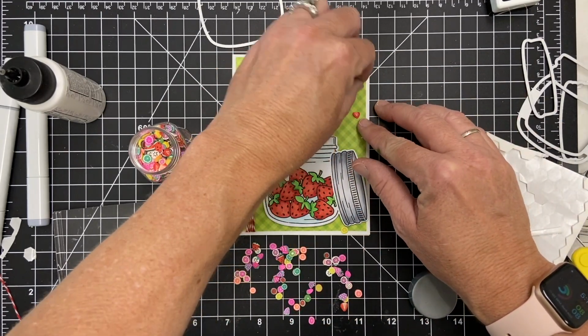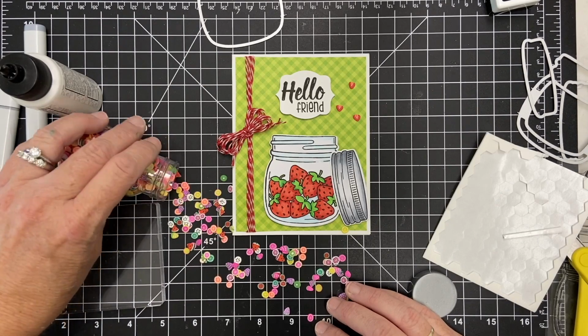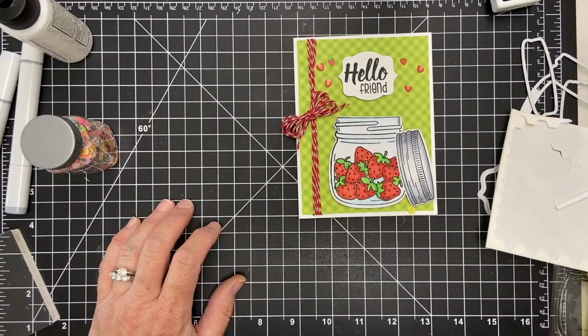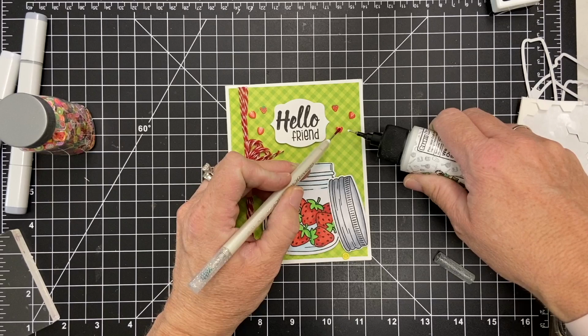Now I'm sad I did not tape it. I glued down the pattern paper, and I popped up my lid to the right, and I used foam dimensionals for that. And now I have this cute jar of, I think it's called Tutti Frutti